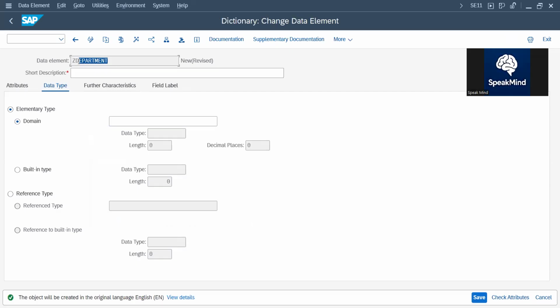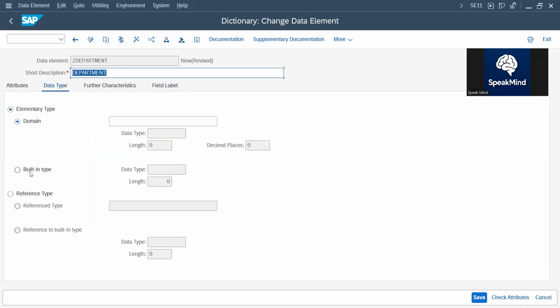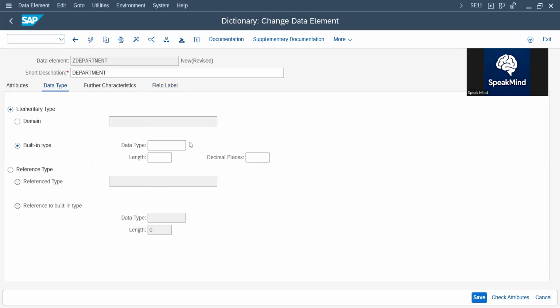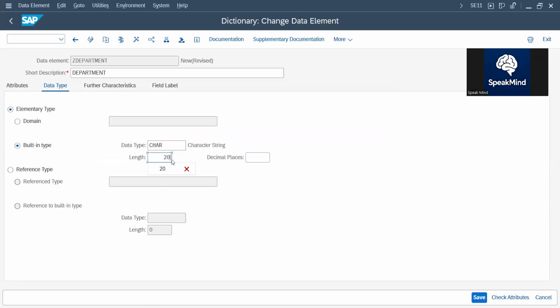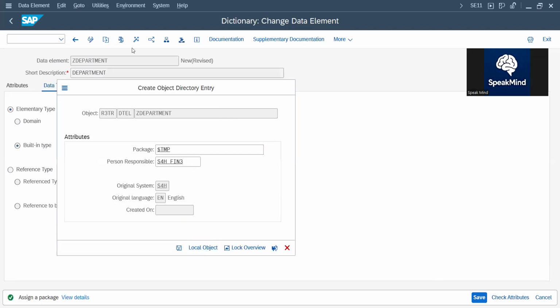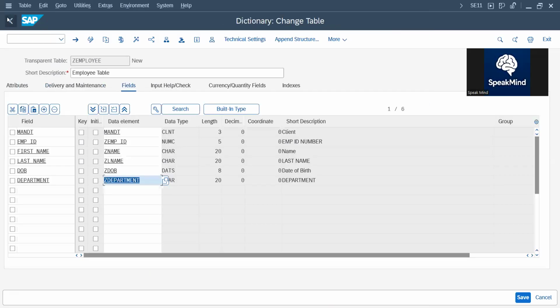Create department. Set go to data type built-in character. Don't want to click every time F4 button, just type H here and then just give some length. That's perfectly fine. Save it, activate it. That's it. And then now